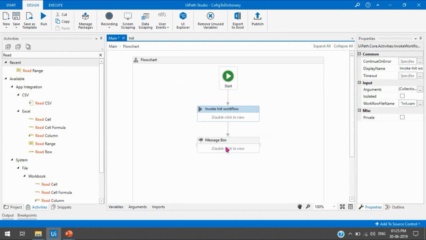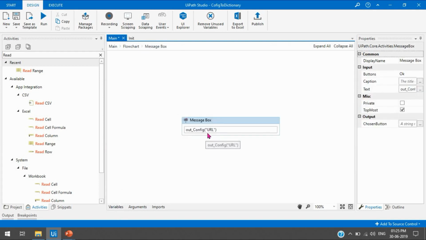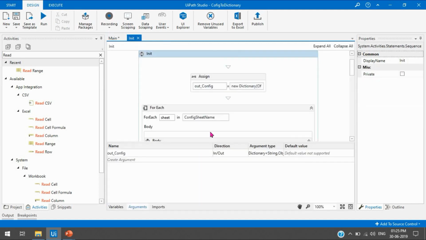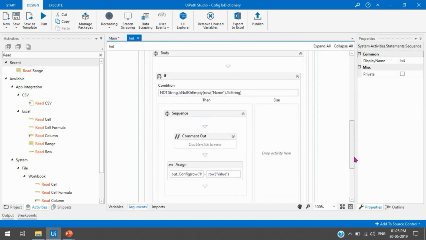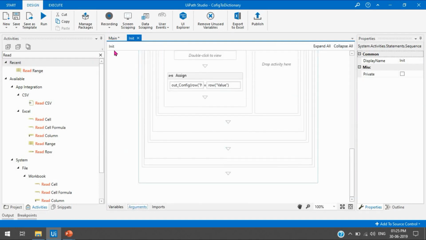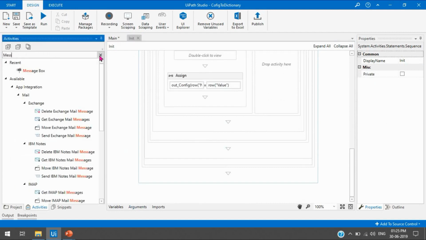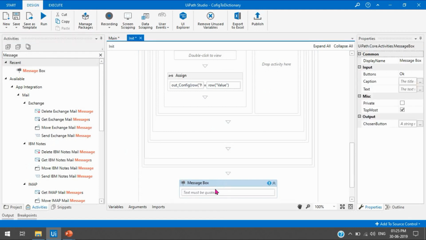And now here we can take a message box and use this here. Let me show it in both locations. If you want to use this here also, then we can take one message box, and I can show you how to use it here.